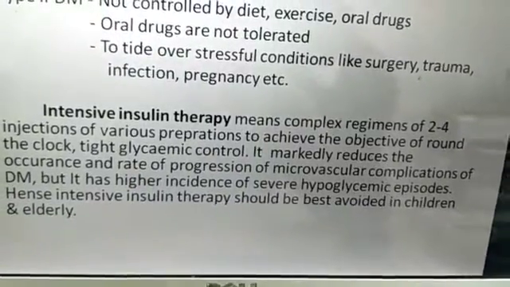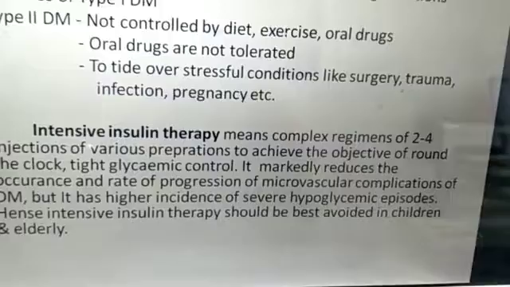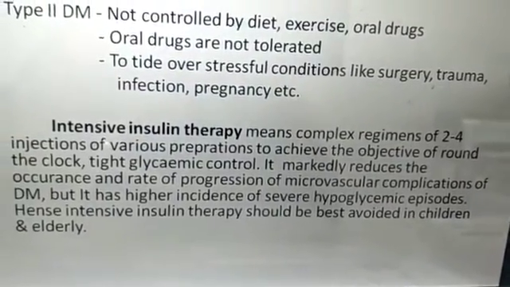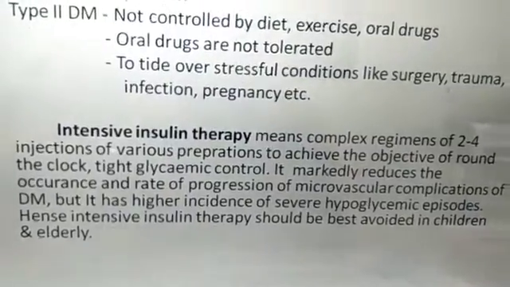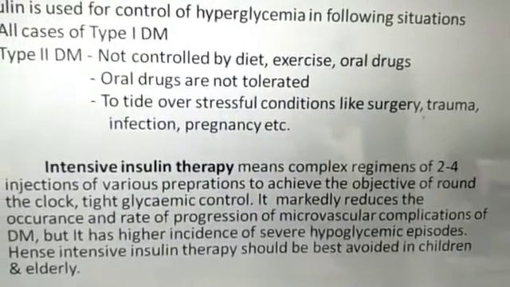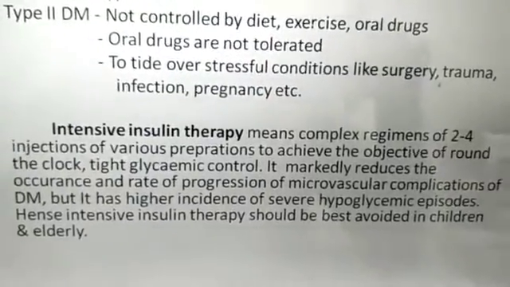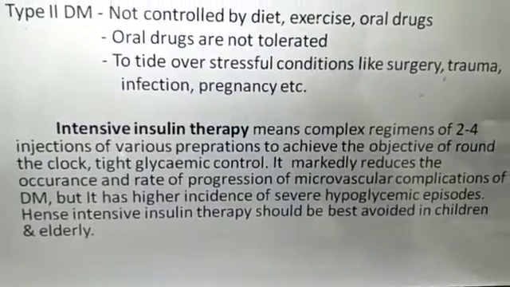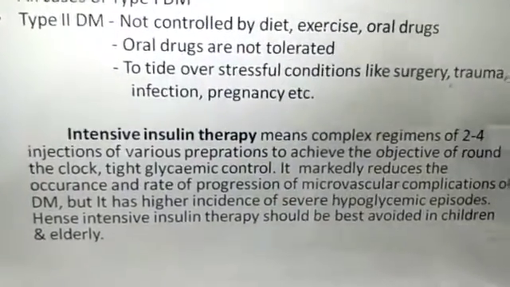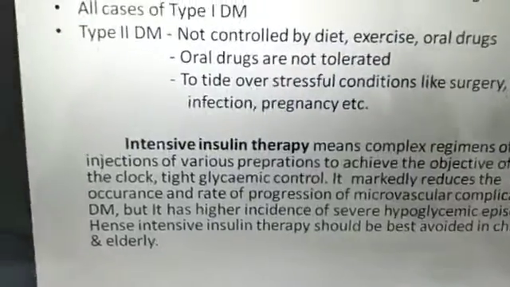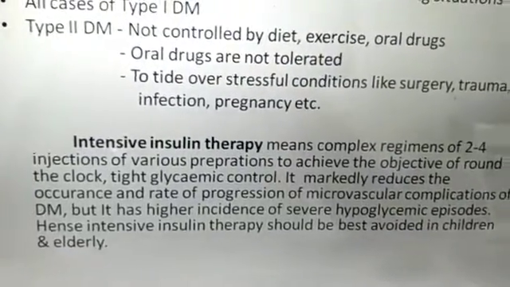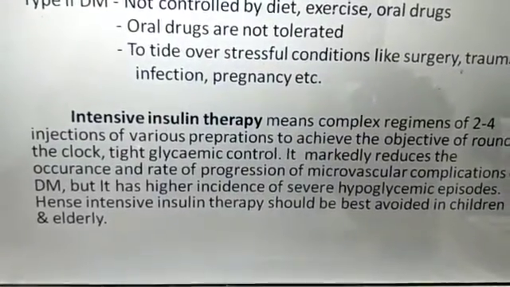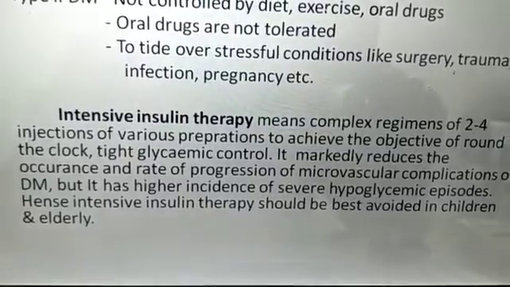Now, how to decide the dose? Insulin is used in a continuous manner throughout life in diabetic patients, and the goal of therapy should be to control the hyperglycemia. We discussed with HbA1c that the goal is to keep the HbA1c below 7, because if we aim at reducing it too much to reach the normal range, there are chances of hypoglycemia also.